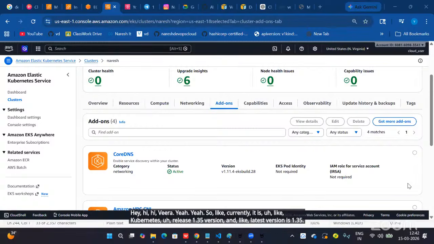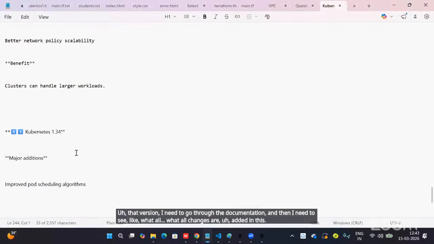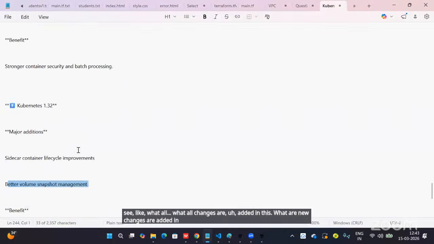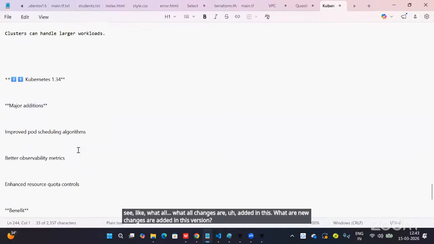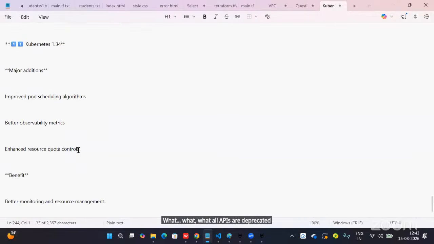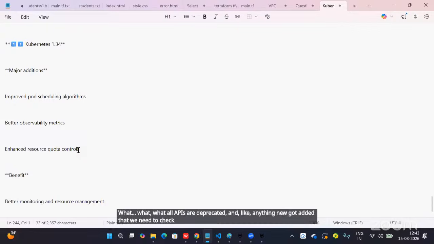I need to go through the documentation and see what changes are added in this version, what APIs are deprecated, and whether anything new got added that we need to check. That is the fourth question. And the last question is, can we skip a Kubernetes version while upgrading?